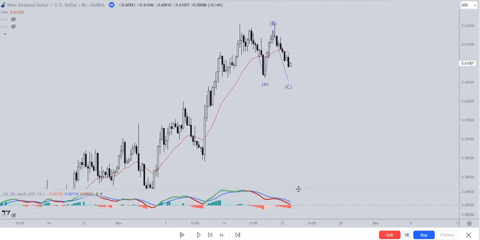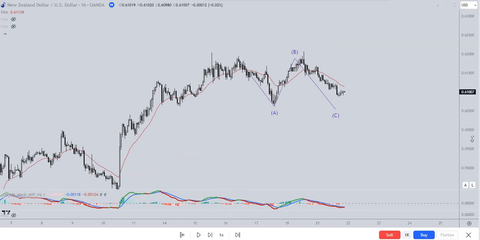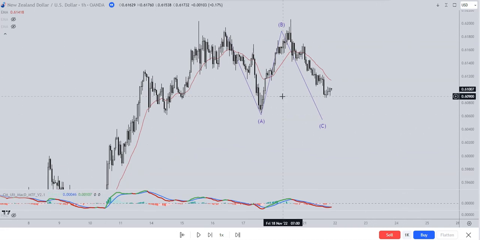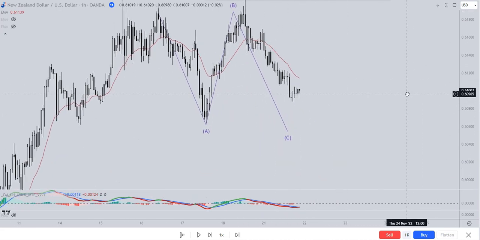He hasn't touched those... the lines are down, but he hasn't touched the histogram. That's the way I use it. Then I would go on the H1 and you would say, okay, what's going on? This is shallow C, guys. Okay, he's not done a deep retracement, so that means the trend looks like it's got some intention to go